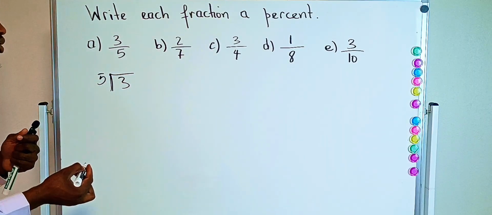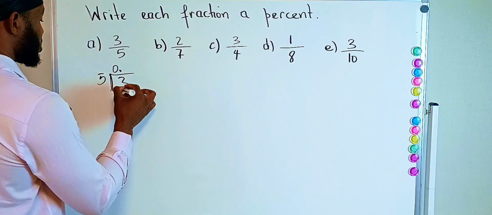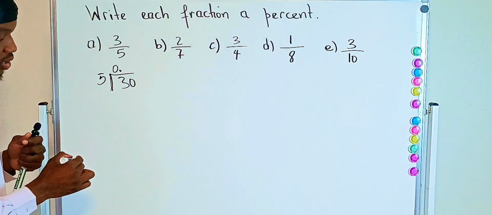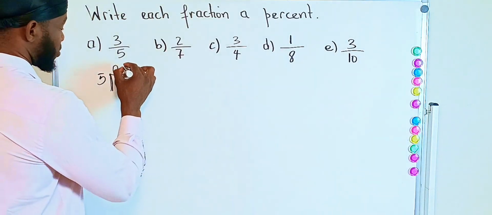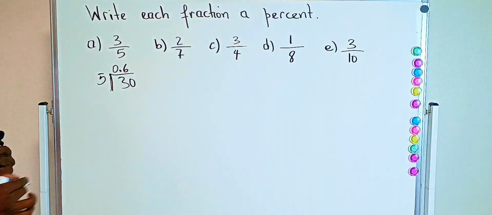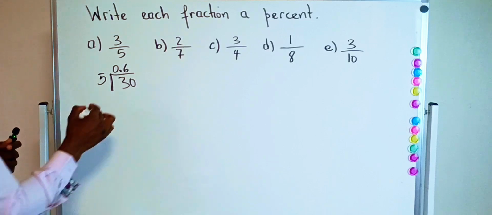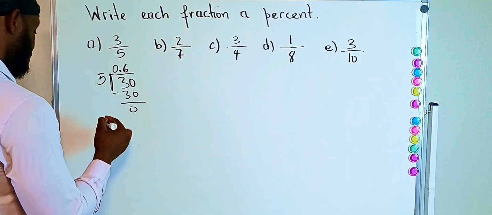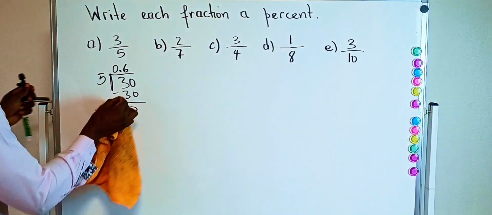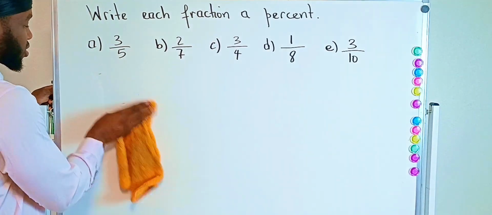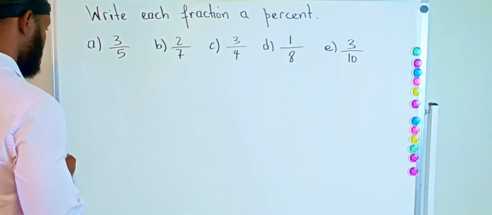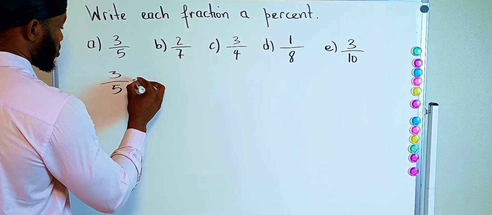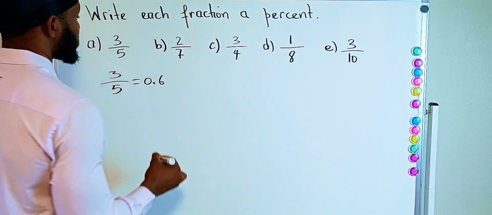In 3, how many sets of 5 can we do? Nothing. We bring down a 0 here. And 30, how many sets of 5 can we do? We can do 6. 6 times 5, 30. 30 minus 30, 0. So that means the decimal equivalent of that is 0.6. Since we got the decimal equivalent, right now we gotta